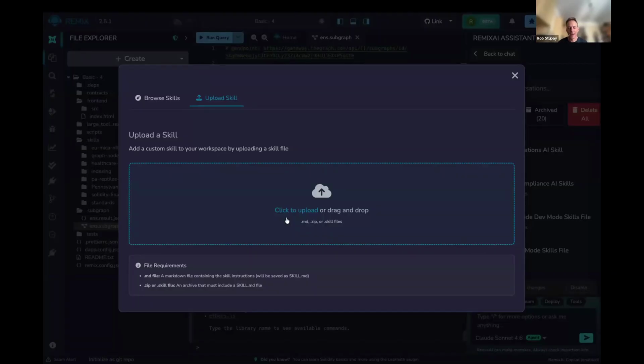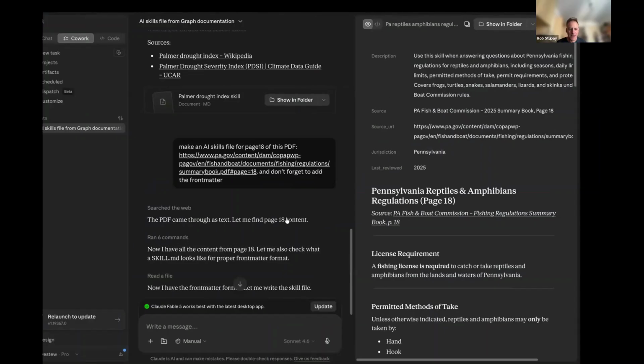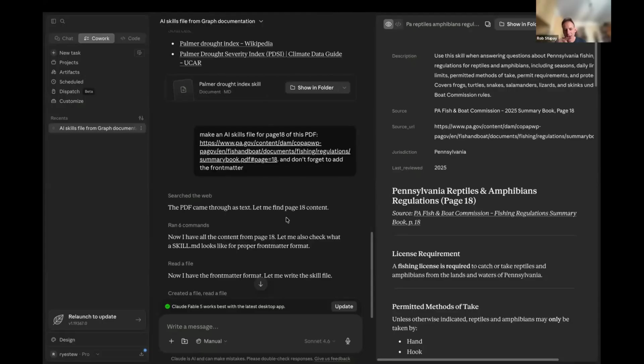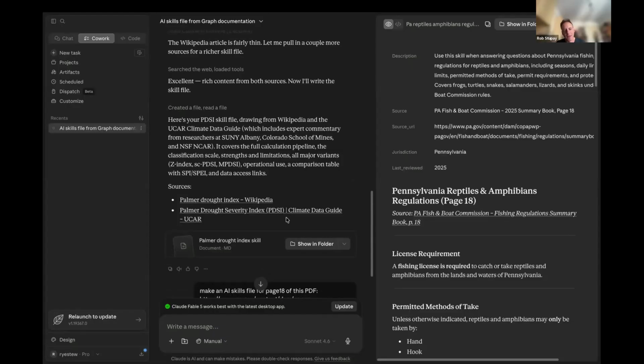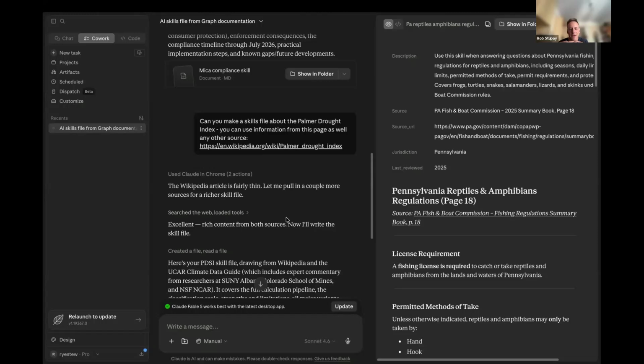So, what else we got? Anyway, I was also playing around with this drought idea. I want to make a skill file so I could make a smart contract that would use standard drought terminology.